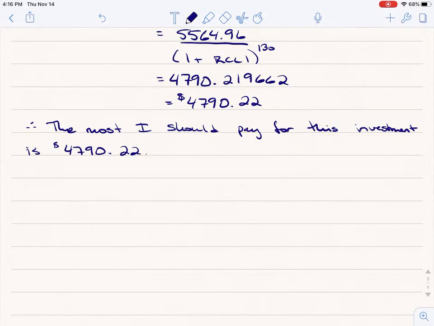Any questions about that one? So we definitely could do each of these parts on our calculator, right? It's just a matter of mapping it out that is the hardest thing. So now